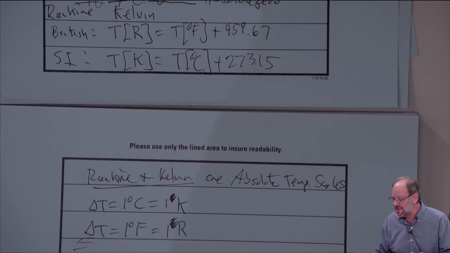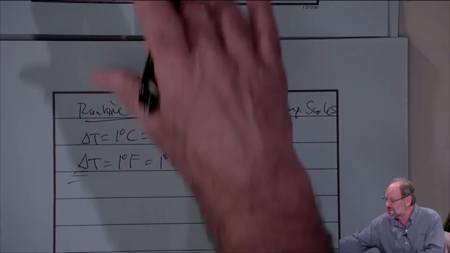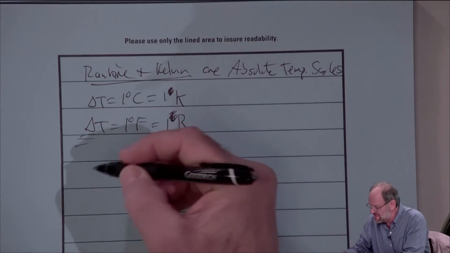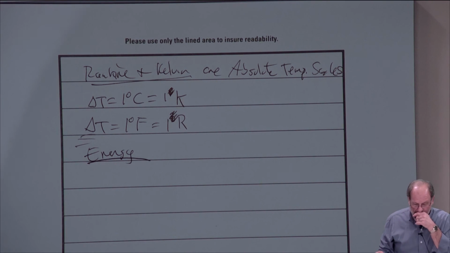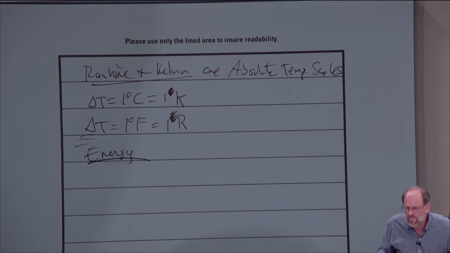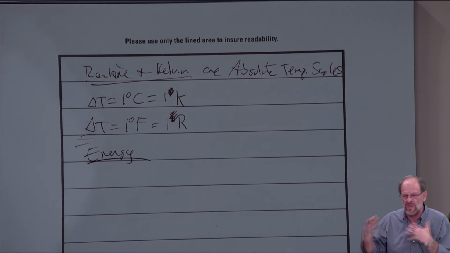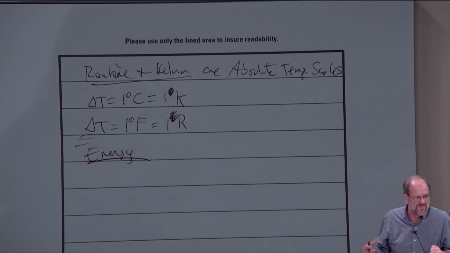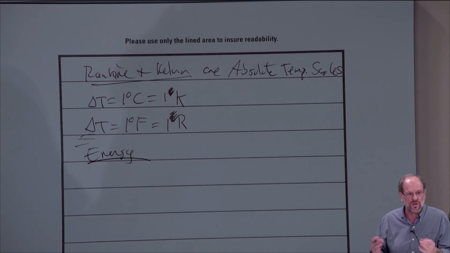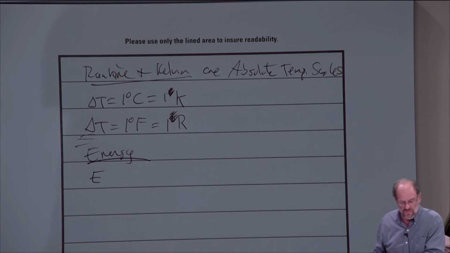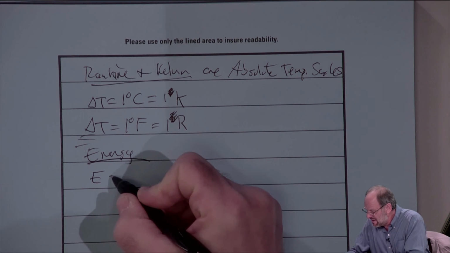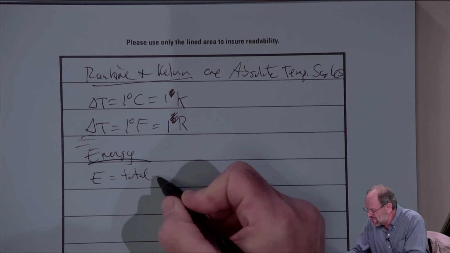All right, so continuing with this discussion of different units, let's talk now about energy. We've talked a little bit about energy. I think we understand just intuitively what energy is. Energy is really just a measure of the ability to do work or the ability to transfer heat. The variable that we use, E, is what we just call the total energy.